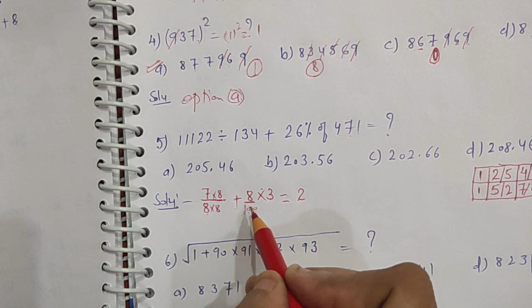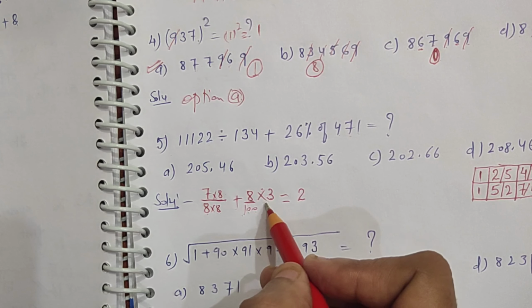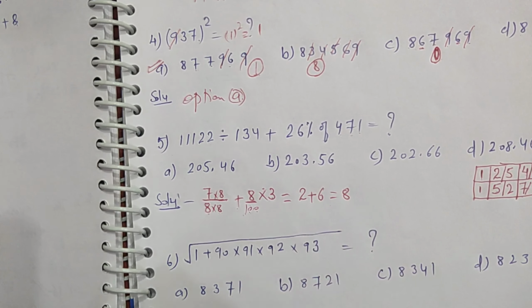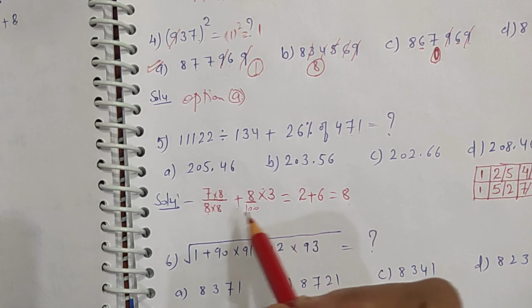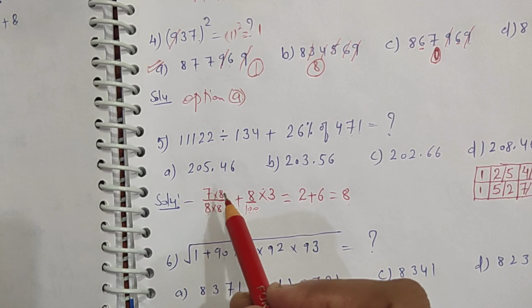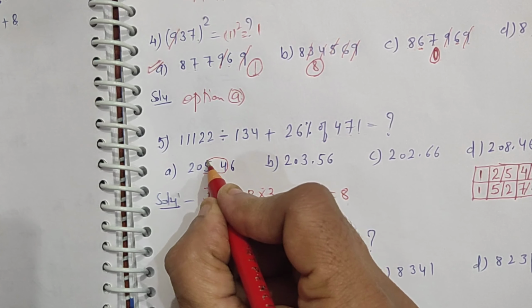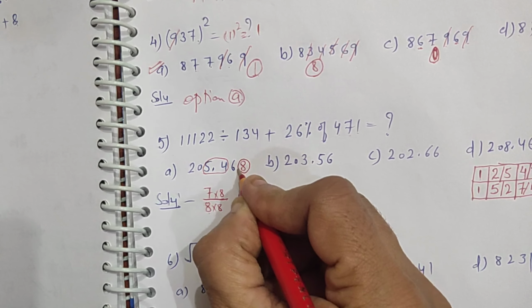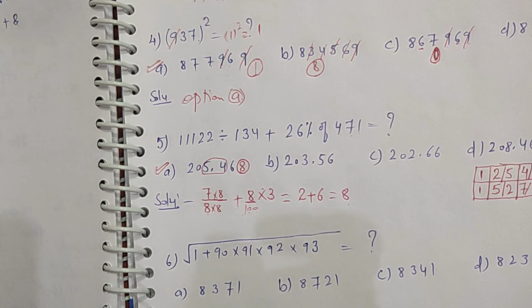Okay? Now, 8 into 3, 24. And 24 means 2 plus 4. That is 6. So, plus 6, 8. It means I must get digit sum as 8. So, let us check where I can see 8 over there in the options. Just look here. In this option, 5 plus 4 will make 9. And 6 plus 2, 8. So, I have got it. So, this may be the possible answer. Let us check to make the confirmation.